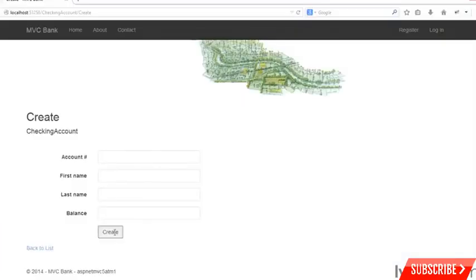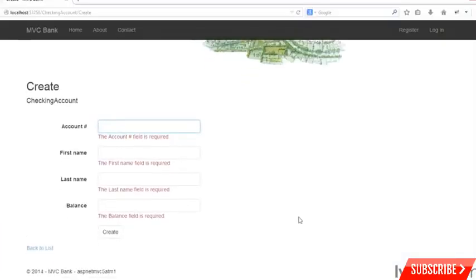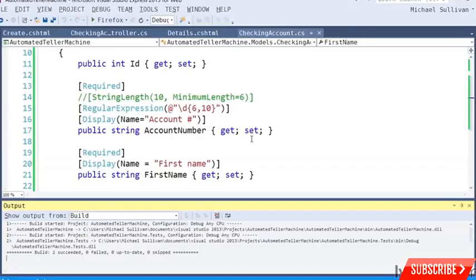You can see now that all 4 fields are required, but if I type an invalid account number, the error message I get is pretty terrible for the average user. To fix that, let's go back to our model and add an error message parameter to the regular expression validator